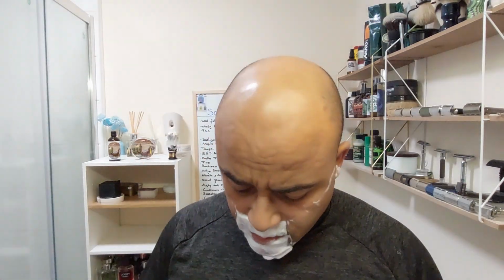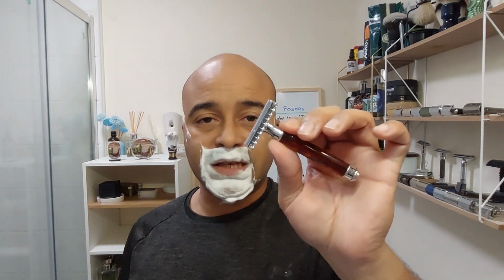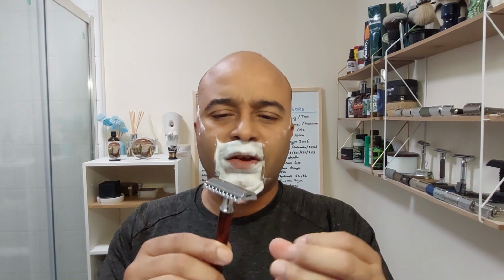The other day I was talking with someone, I can't remember exactly who, and they were describing this DE as almost a straight razor. And one thing I have to say, I just love this razor. Some of the best shaves I ever had were with this razor, but you have to take your time with it. And one of the things I found, I can actually do a one pass shave with this one if